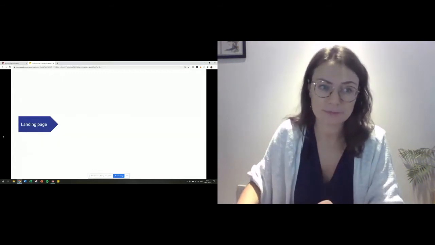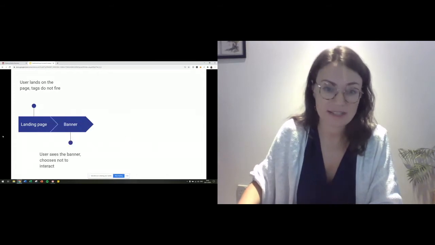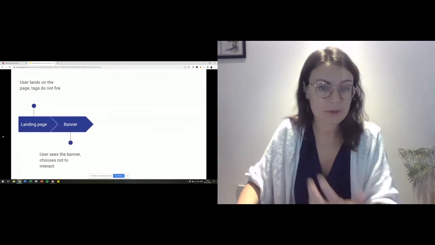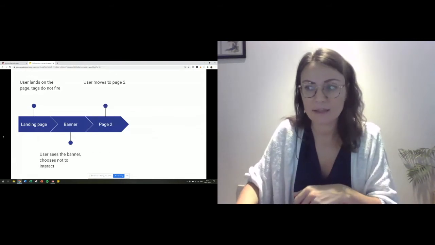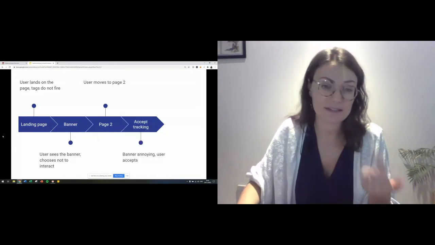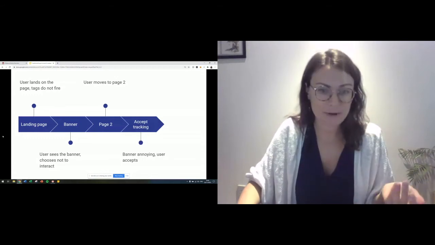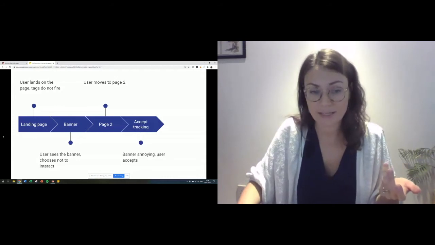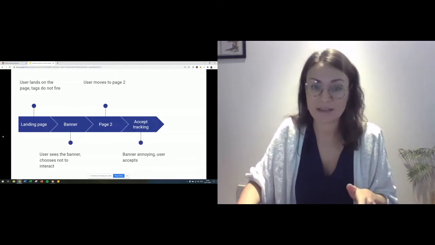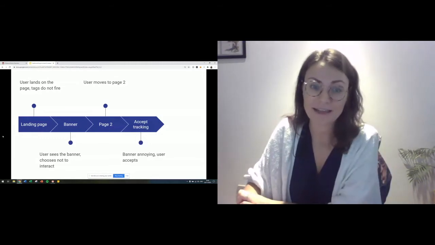User lands on the page, no tags are firing, because that is the idea of consent implementation. The banner is shown, user sees the banner, some users choose not to interact with it. User moves to page 2. The banner becomes a little bit annoying, and so they decide, okay, I will accept my tracking cookies. And we have page 3. People are browsing as usual, when you think, well, great, at least we have half of the tracking for that session. One issue with that, UTM parameters are on the landing page,